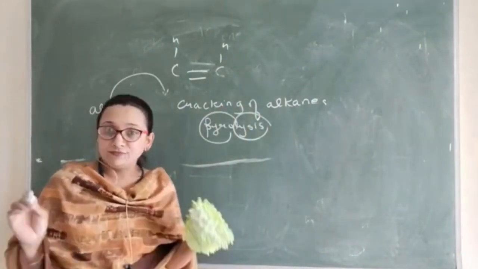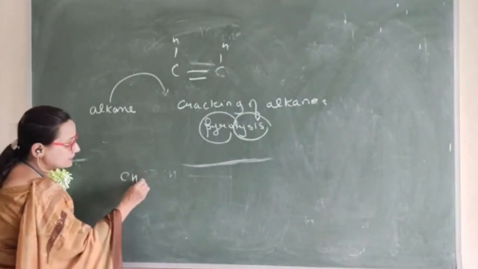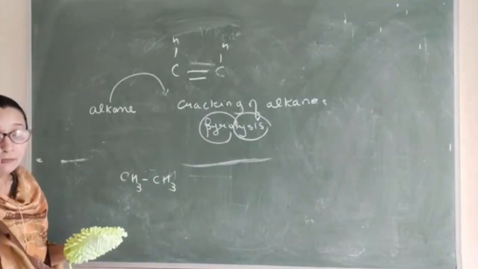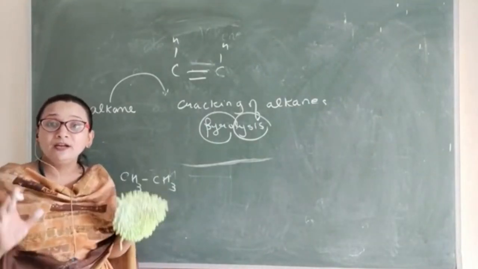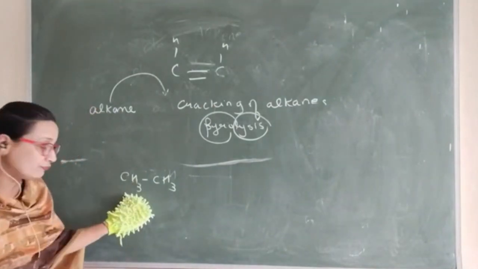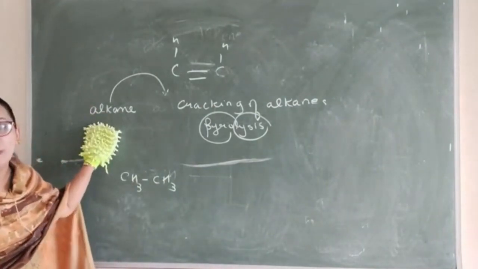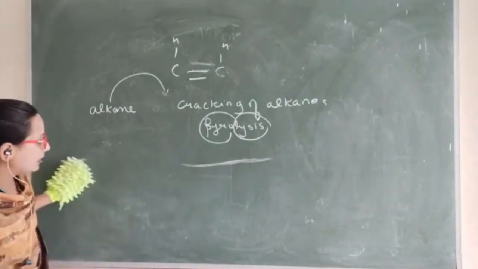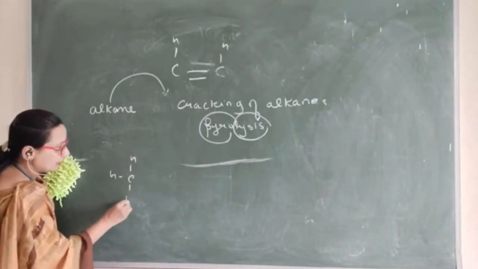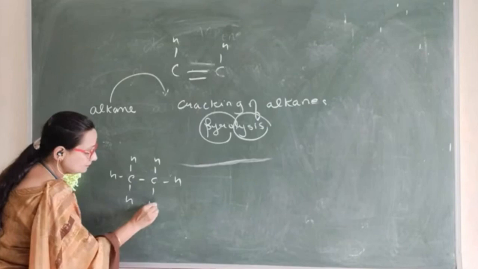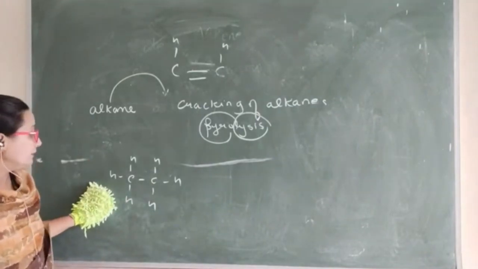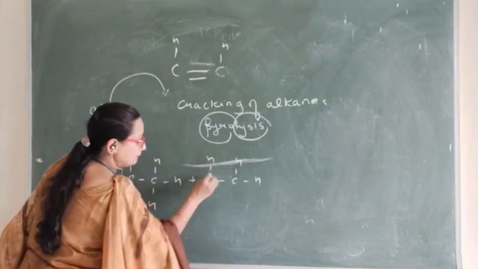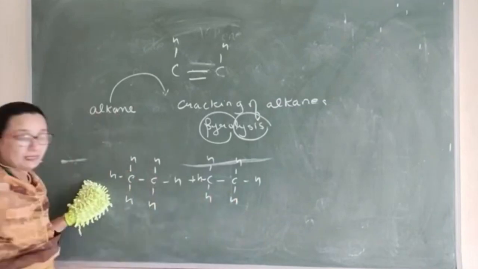What happens in this case? We said that there is an ethane, CH3CH3. This undergoes breakdown. I just have to write it once again so that it is clear to you that it is nothing but a reaction of alkane and a method of preparation of alkene. Instead of writing ethane simply like this, I am writing it like this. This is my ethane, and suppose I have one more molecule of ethane.